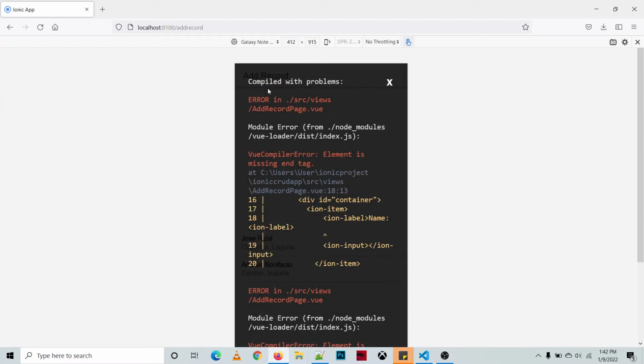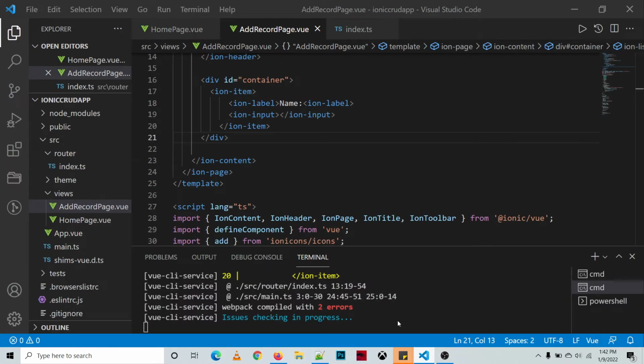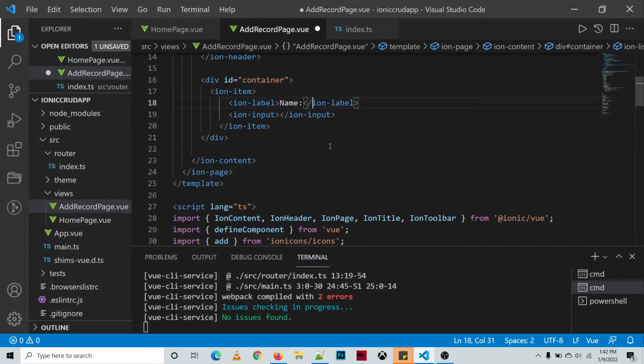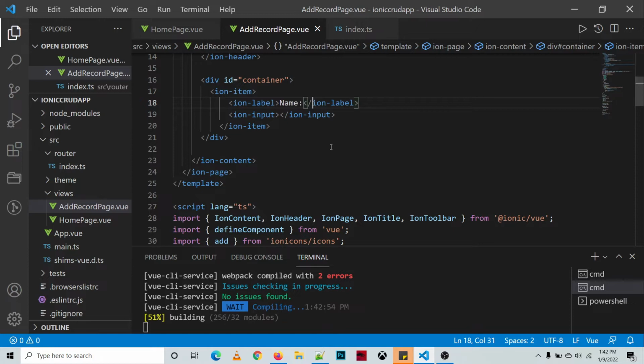So we have a problem. Okay, so the Ion label. So there are no issues found. So let's try to check the output. So we have here